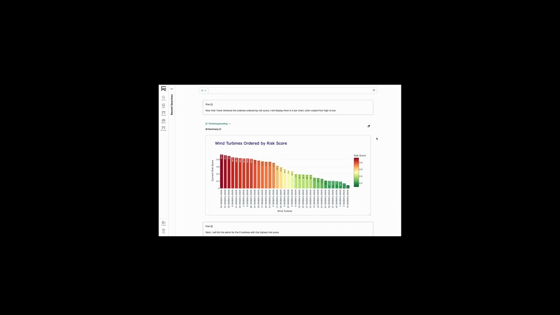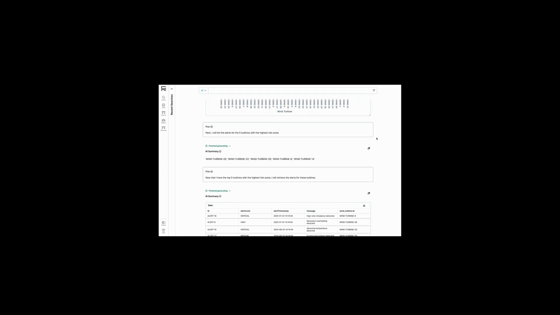So it already pulled the wind turbines, and as it keeps computing, it's now going to show me the chart. And again, it's doing the chart generation on the fly. And I can see here the highest risk turbine, turbine 26, with a risk score of 0.94. And now it's going to pull the corresponding alerts. So it's just computing through this plan that it generated. And I can see there are multiple alerts on these high priority turbines. And there is alert 9 on wind turbine 26. I can actually see that it has a generator overheating message. So it says you should focus on addressing these alerts. Well, this simplified potentially hours of my time with one question that I've asked here.